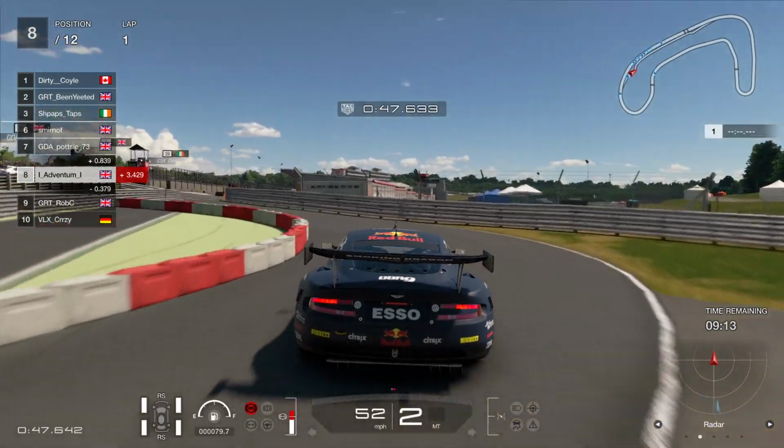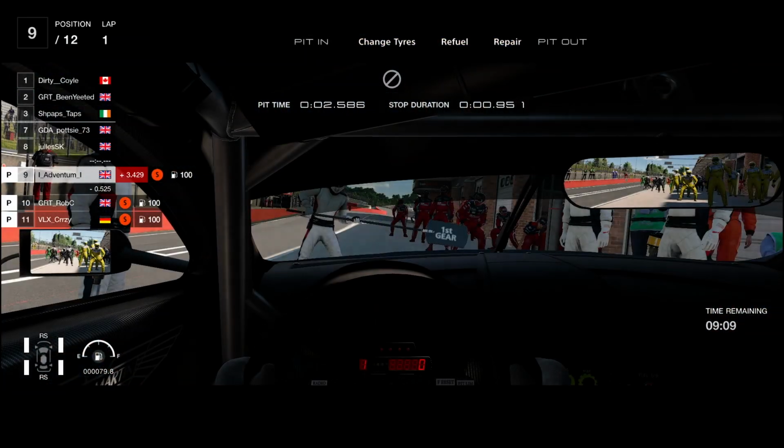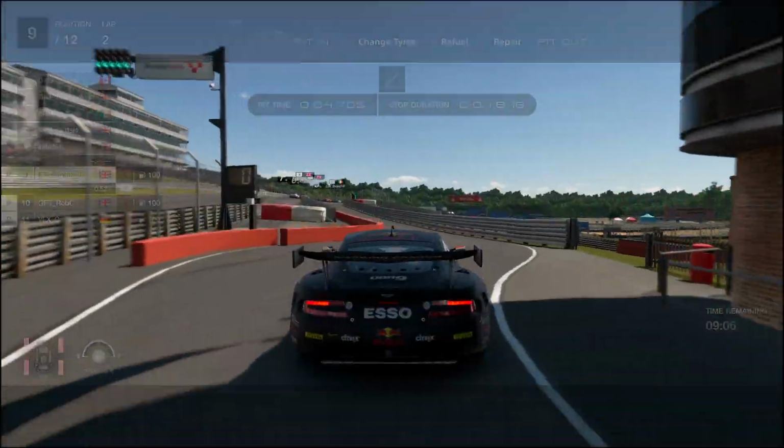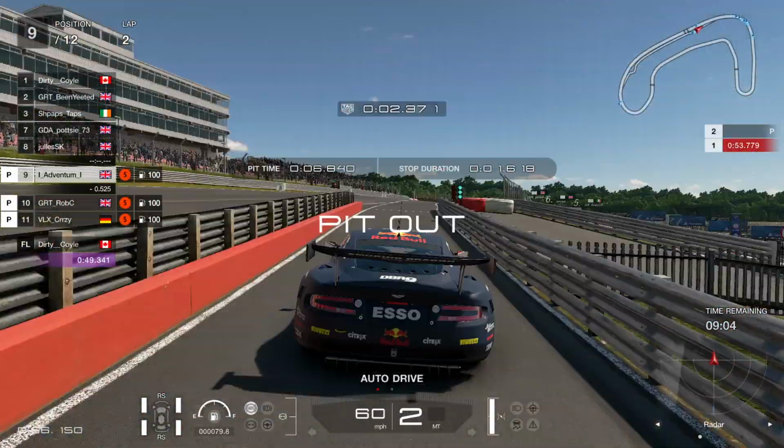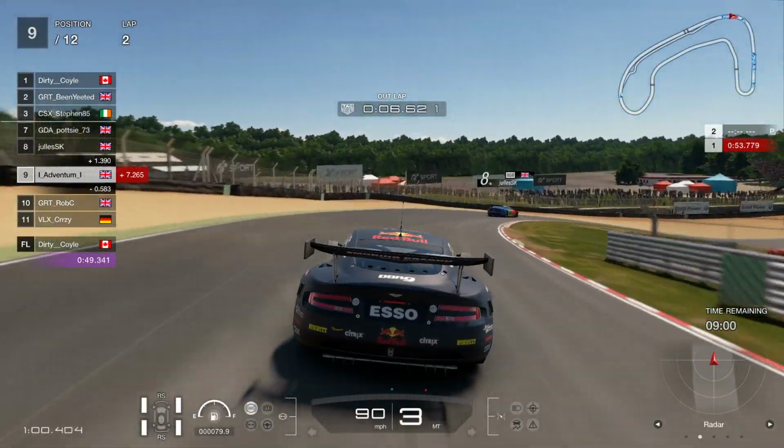As we dip into the pits to serve our stop-go penalty, we don't need to change the tyres. If I had clicked change tyres there, that would have added another 2-3 seconds onto the pit stop. But away we go, the other two obviously following suit behind so they can stay in the slipstream and sort